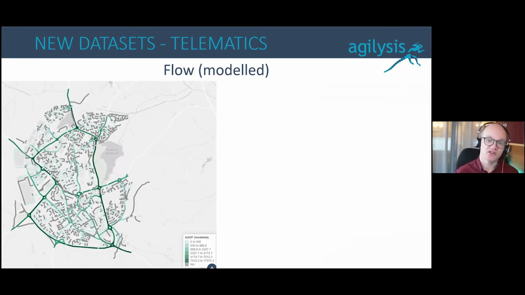So getting hold of accurate vehicle flow data normally requires a lot of expense because you have to put out sensors or surveys or things like that. It is possible to model data using telematics vehicle floating point information. So you can see on here that the darker color roads are the ones that have the most amount of traffic on them. So, it doesn't require an enormous amount of the fleet to be covered. Typically 3 to 6% of the fleet is enough for you to give accurate estimates of where traffic flow is